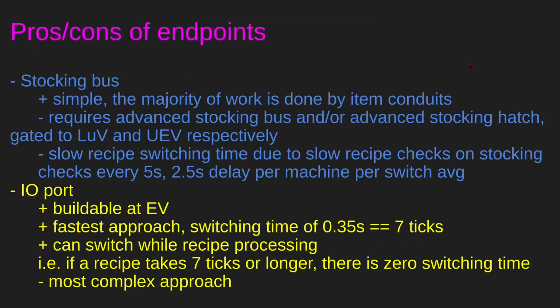So for the endpoints, the stocking bus is simple to make. Although the diagram looks a bit complicated, overall, it's much simpler than the alternative. You only need item conduits and filters and the stocking bus itself and the stocking hatch. But the drawback is you need UEV to automate fluids this way, and LUV to automate items. So for a lot of machines, they only use items. It's doable in LUV, but